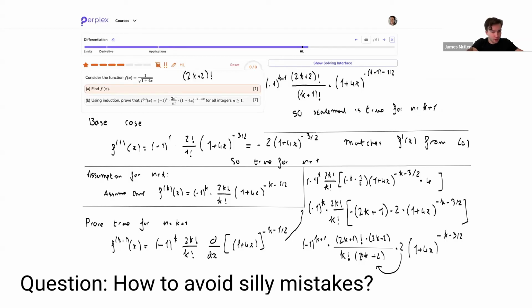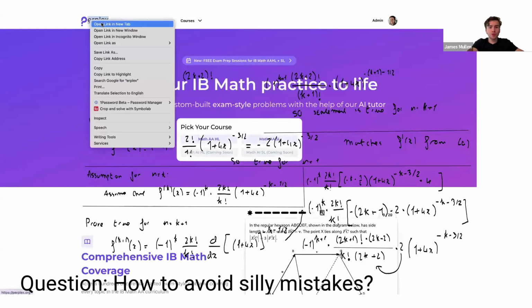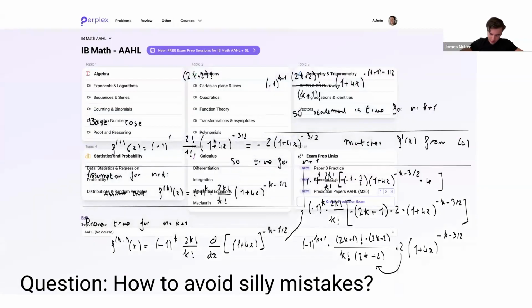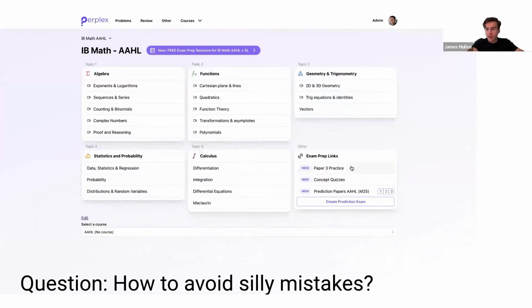And what I would recommend you do in general, the way we approach helping students avoid making algebraic or silly mistakes on the website, is to use the concept quizzes. So if you go to, that's not what I wanted. I wanted to open it somewhere else. If you go to Math HL, let me just clear my screen for a sec, and you go to